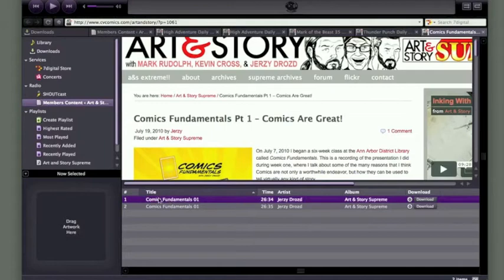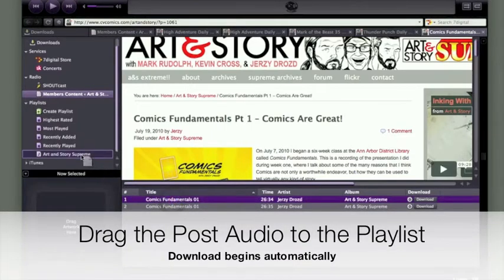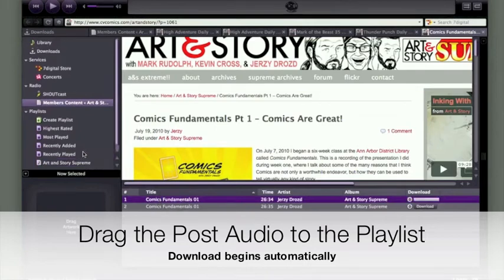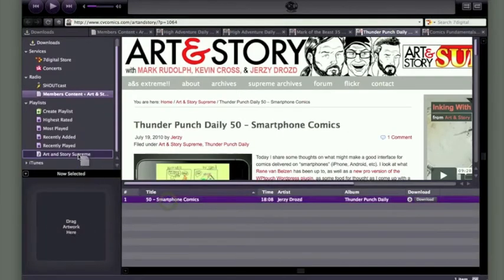It discovers the audio attachments to the post here, and all I do is drag that over to my playlist, and it automatically fetches it and then brings it into the playlist. Pretty handy. So I repeat that for the rest of my posts,